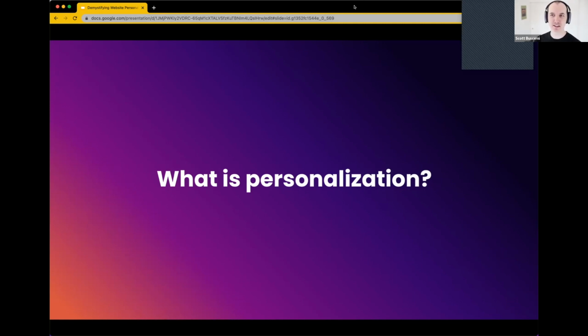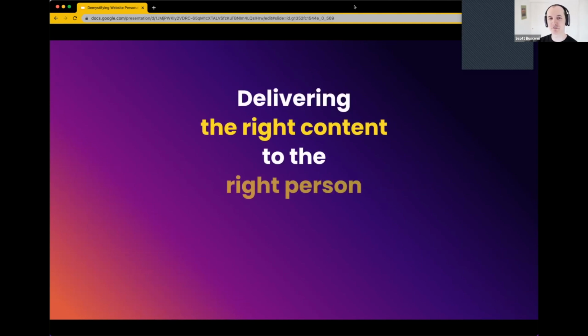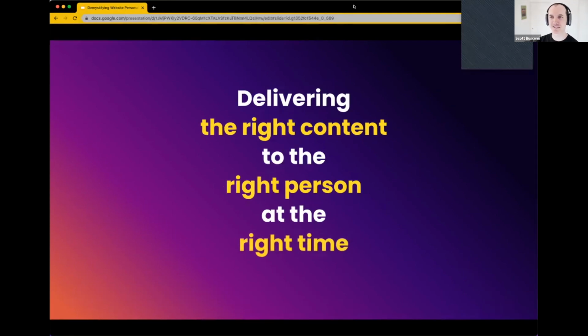Well, more than anything, I think we've all heard this phrase, right? Delivering the right content to the right person at the right time. It's very fitting, yeah, John, that's exactly right. Targeted content, and we're delivering the right content to the right person. It makes sense, right? So we're starting to personalize who is seeing the content. We're personalizing what they're seeing and making sure that